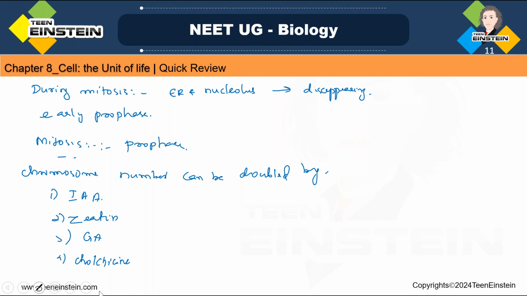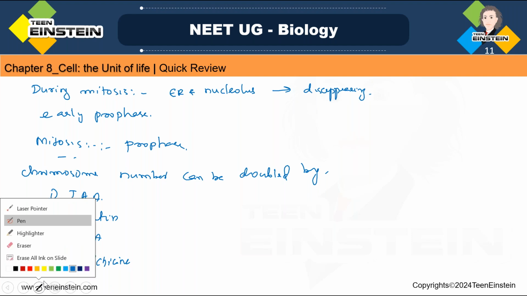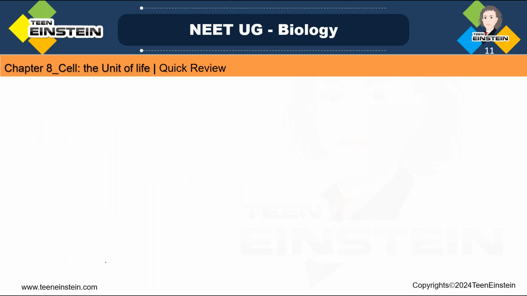Colchicine treatment can double the number of chromosomes, and this will not allow the formation of spindle. So these are the things which we need to learn about mitosis. And when we are moving to meiosis,